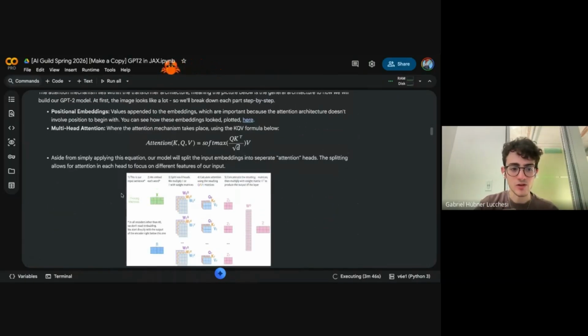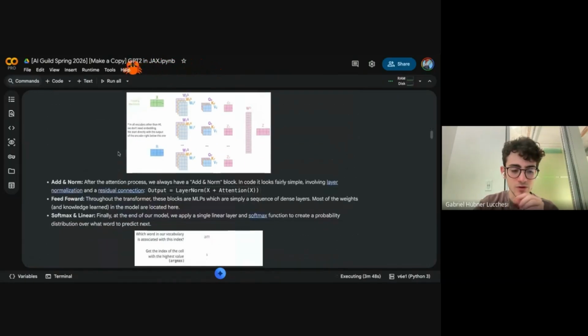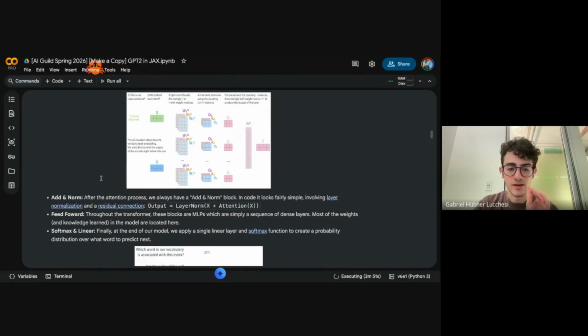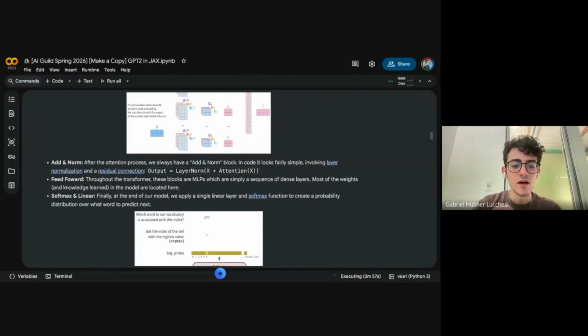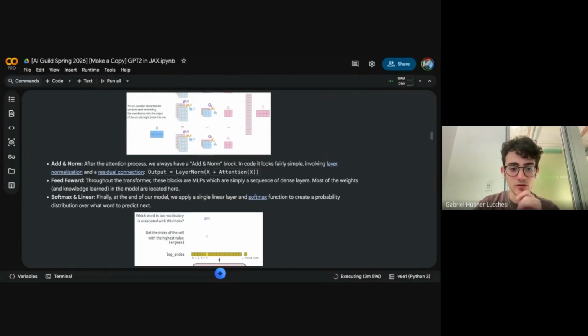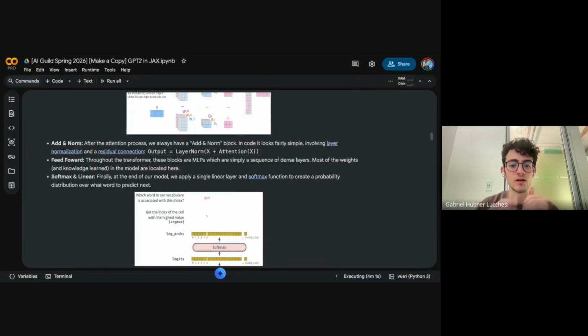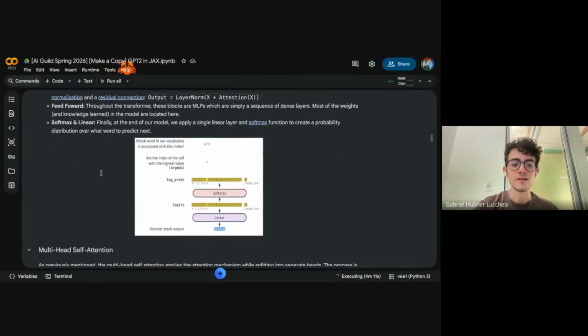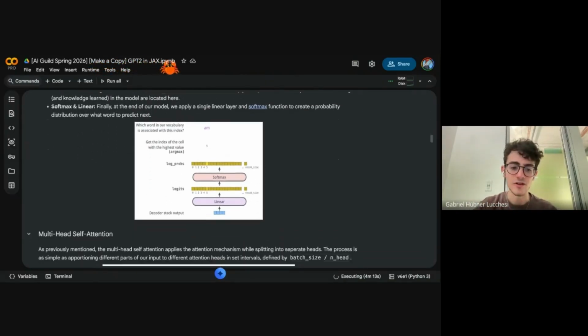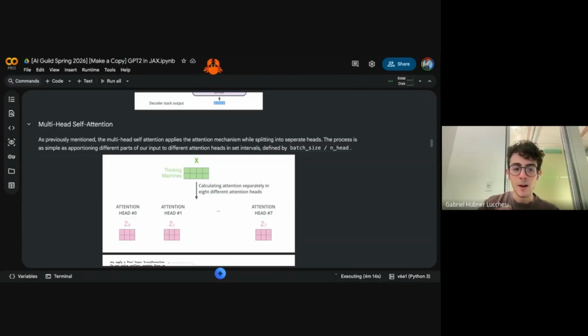But essentially these are the blocks. We have the attention, multi-head attention we call it, because there's multiple different parts of searching for the right key and the right query. We just split that up. And then we have the feed forward, which is sort of like an MLP. That's the thing that I said that we have a hidden size just for the MLP. It's because it's going to expand our hidden stream, which is that vector that we're updating constantly. And then finally, the softmax is the final layer that predicts the answer.